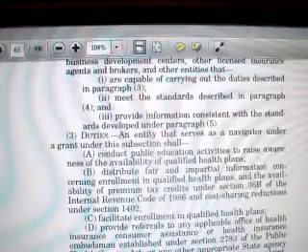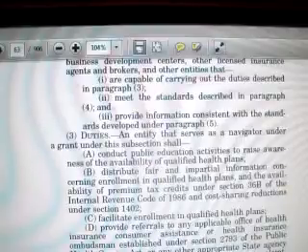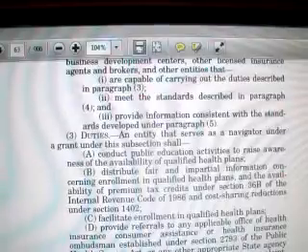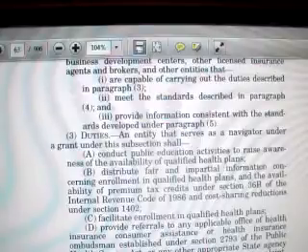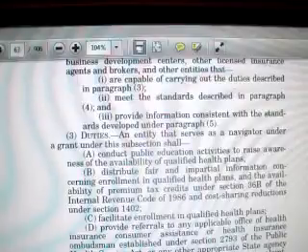So, distribute fair and impartial information concerning enrollment in qualified health plans and the availability of premium tax credits under Section 36B of the Internal Revenue Code of 1986 and cost-sharing reductions under Section 1402. Like you know where 36B of the Internal Revenue Code of 1986 is. Well, in my next video, I'll show you where that is. And the cost-sharing reductions under Section 1402, like you know where that is. Well, that's in the Affordable Care Act. So we'll get into that later.